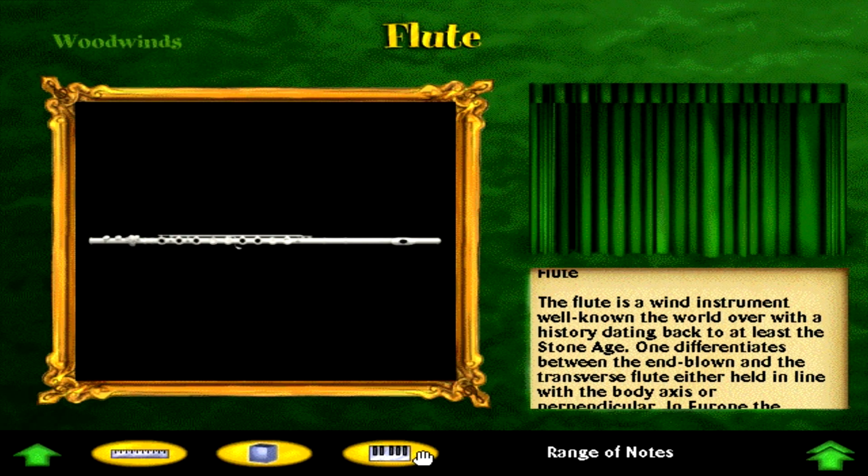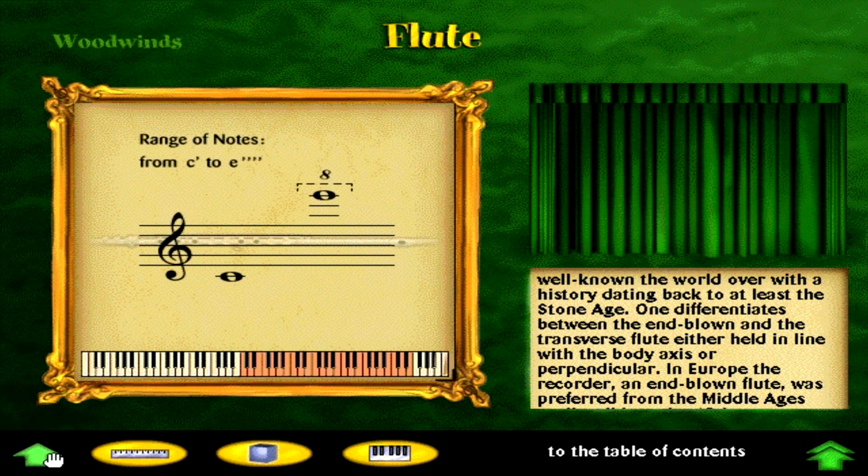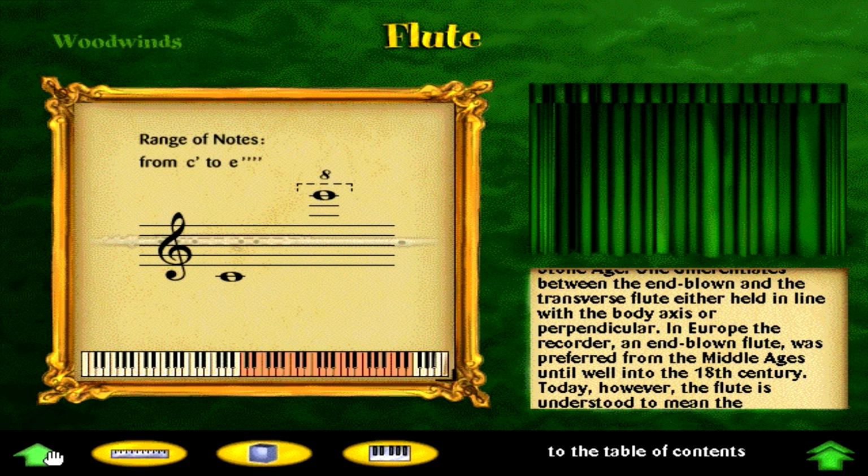the flute is a wind instrument, well known the world over, with a history dating back to at least the Stone Age. One differentiates between the end blown and the